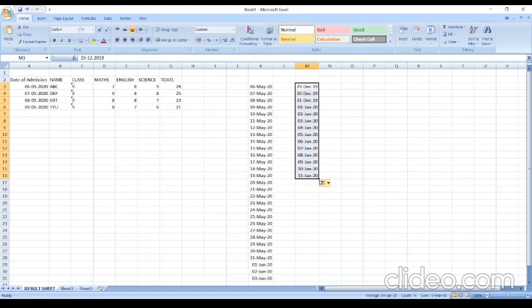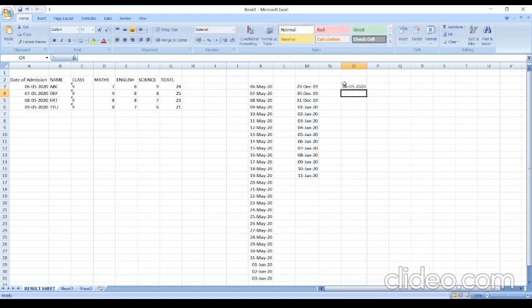So it is also autofill, that once you have filled the data, you can also enter the date by using this hyphen sign or by using this slash sign. Any way you can write it. It will automatically convert it. So these are the two different ways of entering the date as well as time.